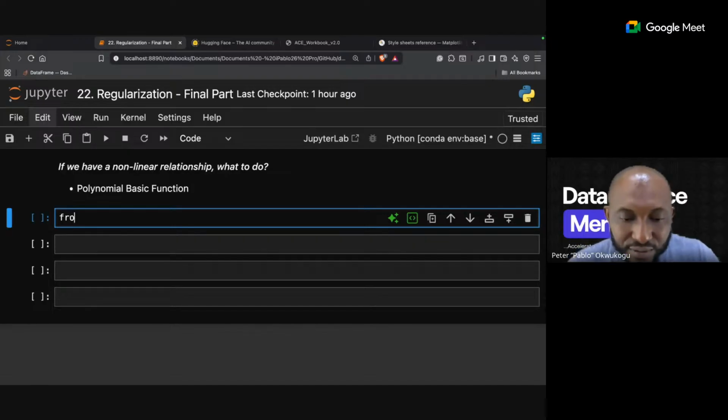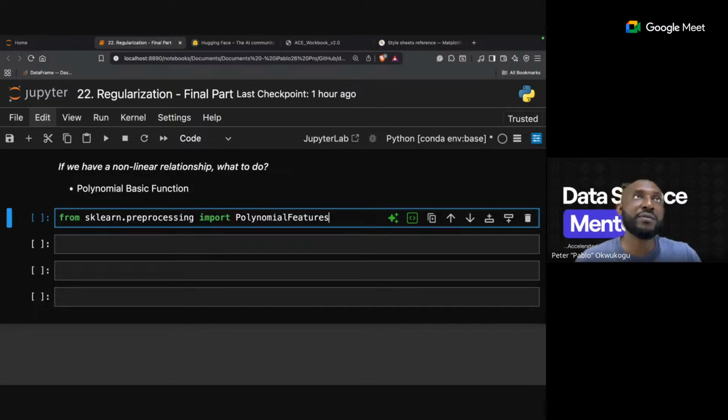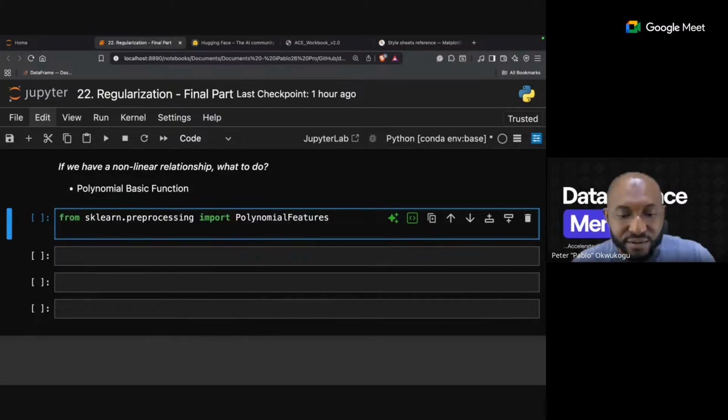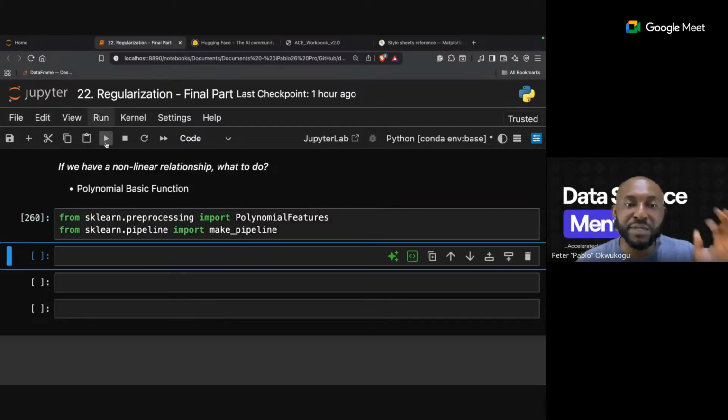So I will do this. I'm going to say from sklearn.preprocessing, I will import PolynomialFeatures. That's one. Then I will say from sklearn.pipeline, I will import make_pipeline. Now make_pipeline makes it easy for us to create a very simple and efficient way to build our model.